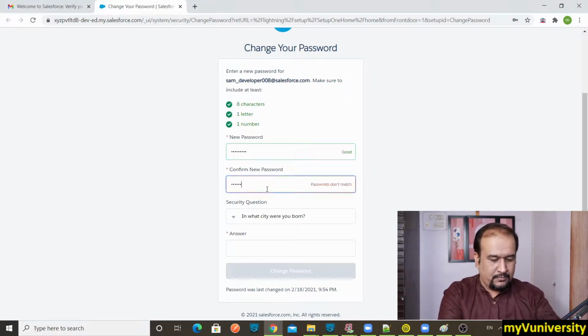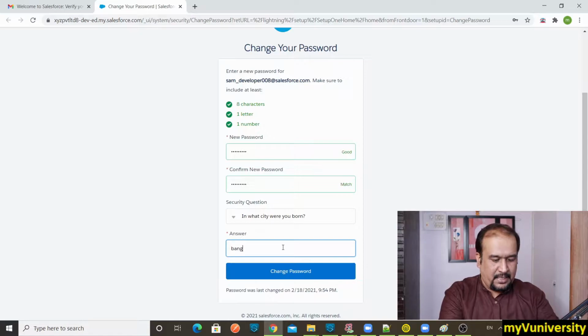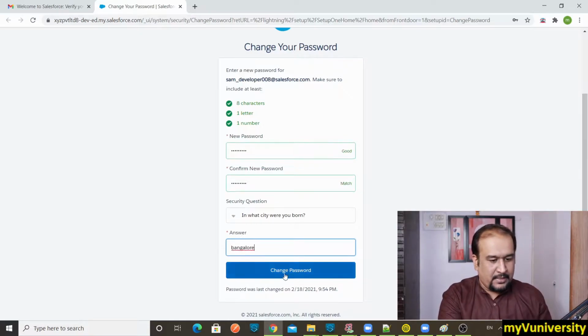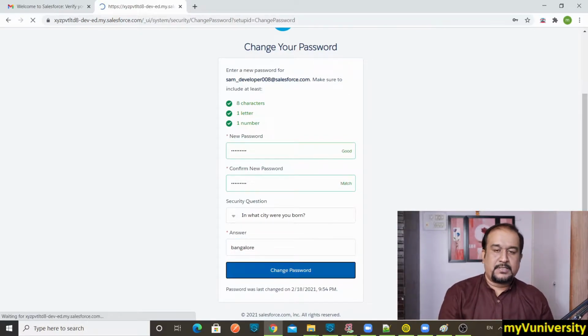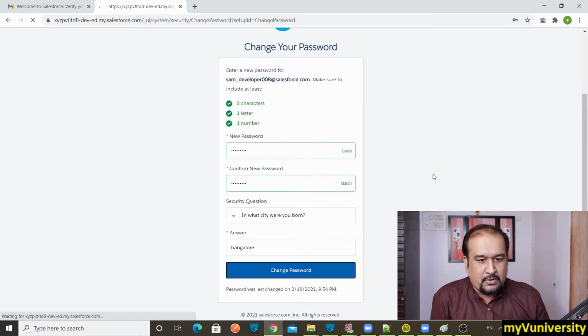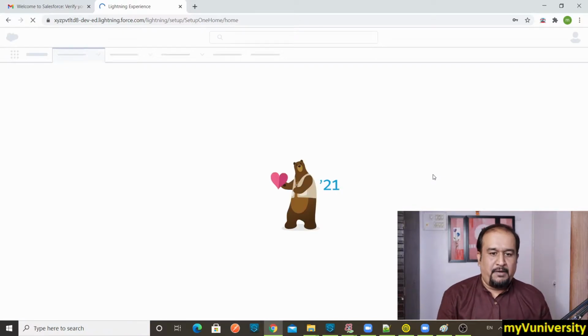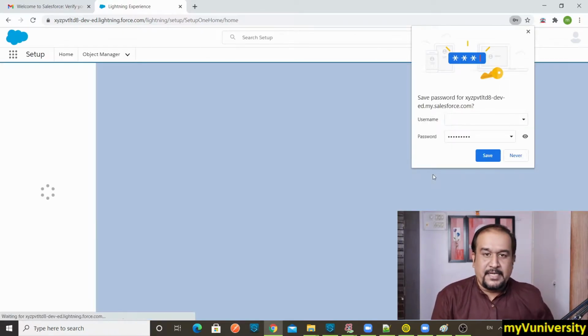Perfect. Confirming the password. Yes. In which city? I just put some city in India and change password. It is actually the set password, which is called change password. So set password. Perfect. So my Salesforce account is getting logged in.